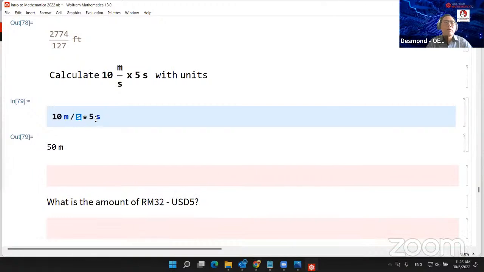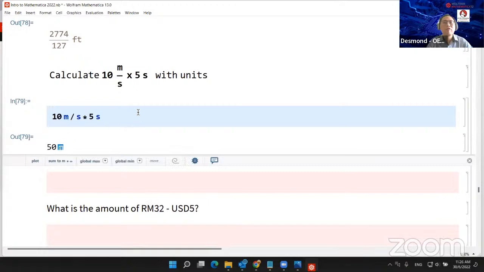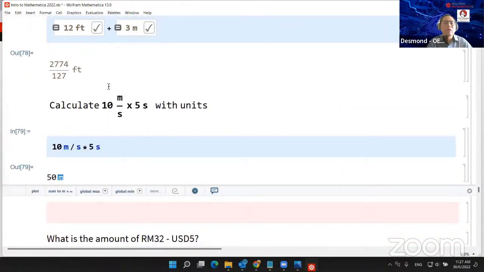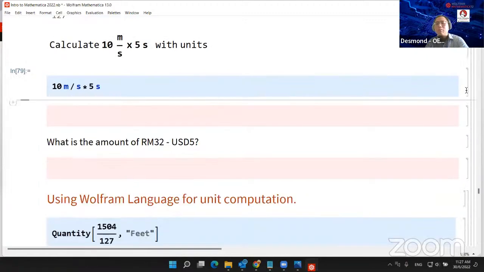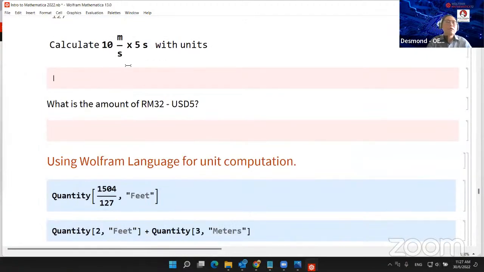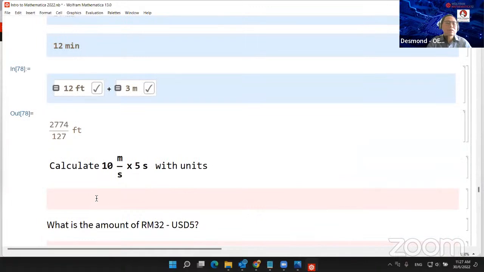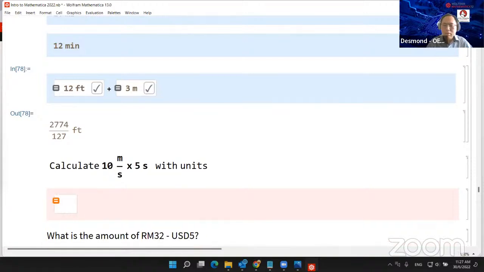a variable or just a symbol. It doesn't know what it means. It's different from what I showed above. So the correct or proper way would be using the inline input, or you assign a proper unit. So when you do import, export, or conversions, or connect to other software or other machines, they will be interpreted correctly. So what I need to do is I say Control equal 10 m over s,